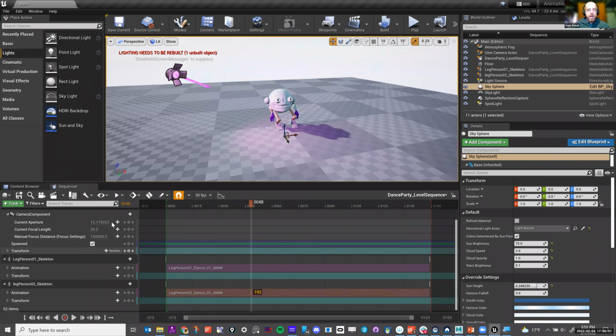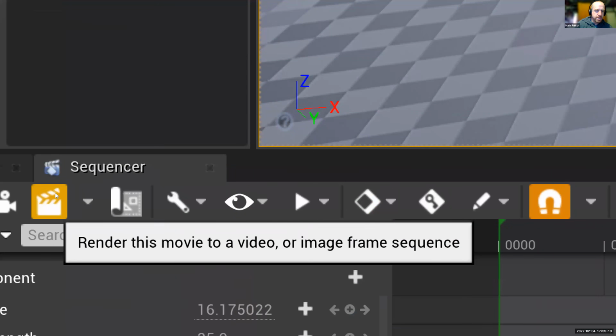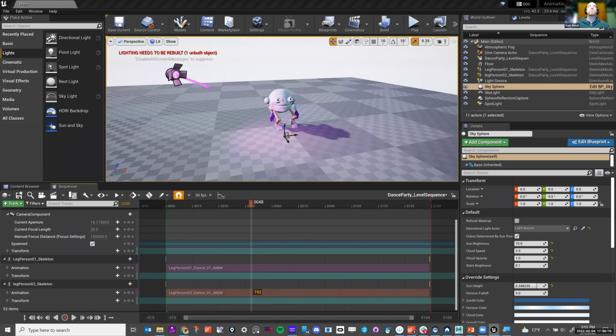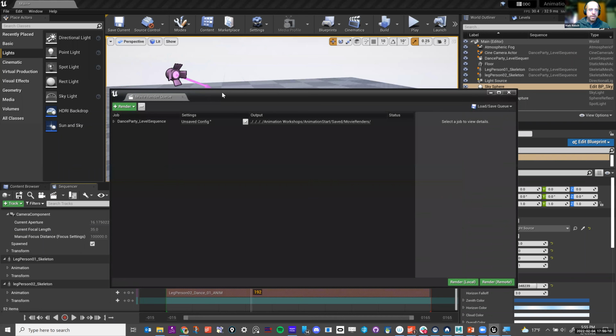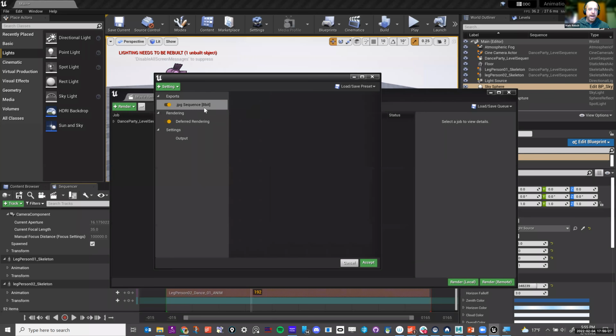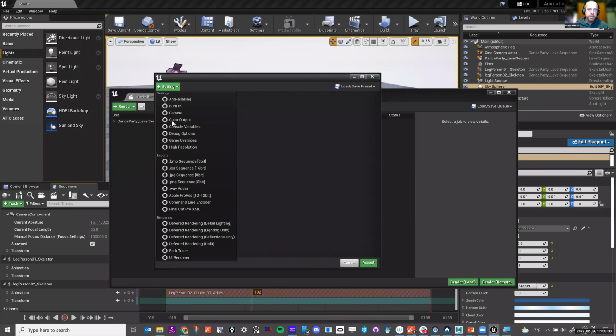There we go. Okay, so now if I want to render this out, because I'm running out of time and we need to render this thing out, this is the little render queue. It's this little clapboard right here. I click on that, and when I do, I get this window here that is the movie render queue. And if I click on unsaved config file, it'll show me what's going to be exported. If I click on this, it's going to do an export, a JPEG sequence. If I don't want that JPEG sequence, all I have to do is hit delete and it's gone. And I can go into settings, and instead I can export a PNG sequence.